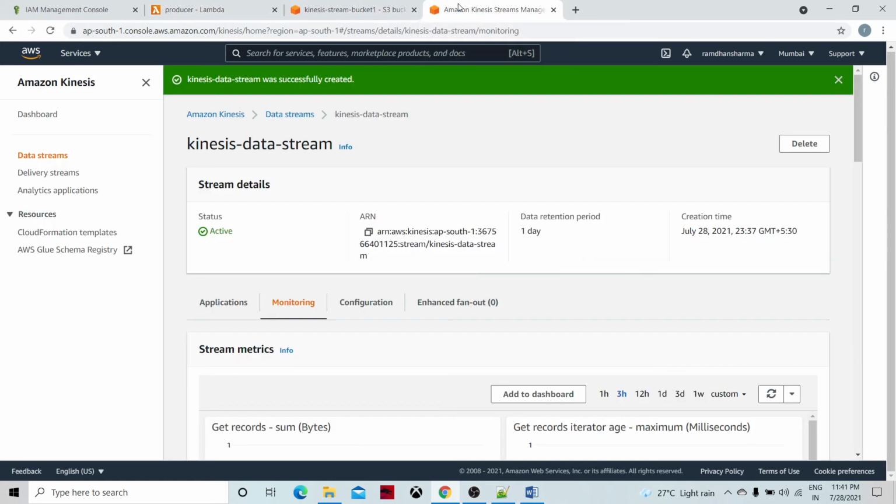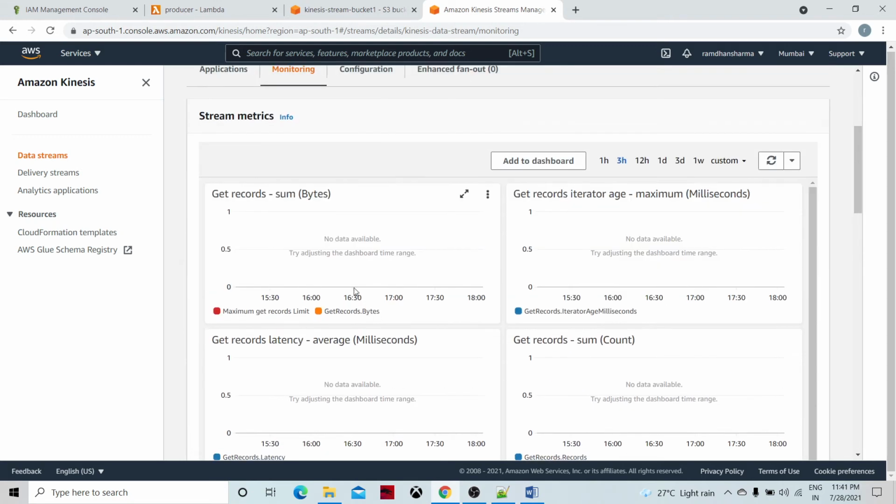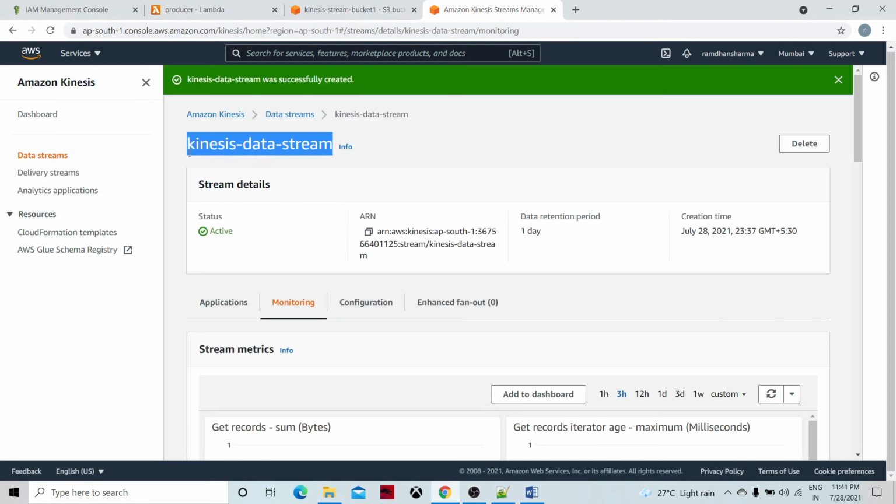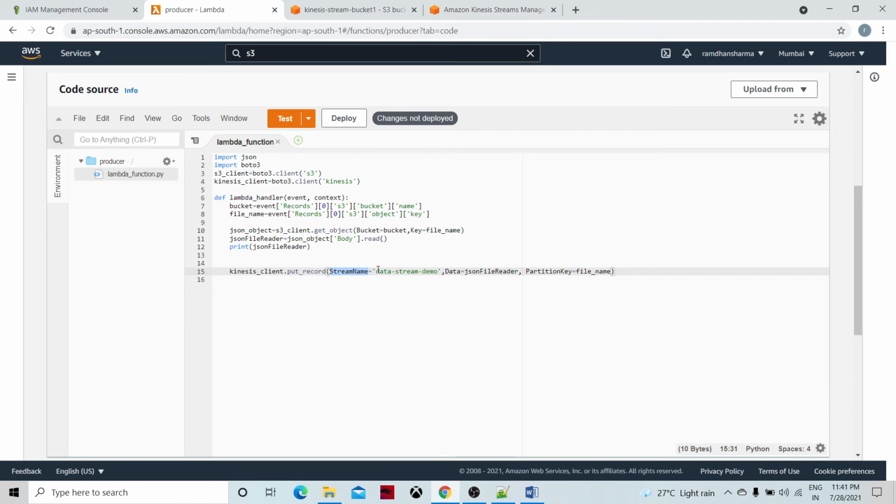So let's go to this, this is our stream, right? Yeah, I need to change this. Okay, we have to give the stream name, we have to give the data, and we have to give the partition key. The partition key is the file name. So depending upon the file name, data is going to be distinguished, if somebody is placing files in a continuous manner, any log files, right?